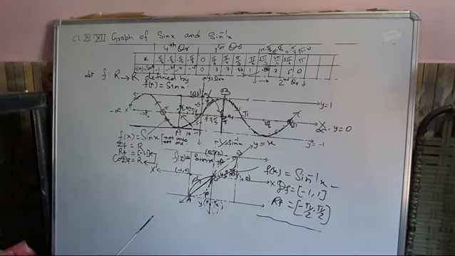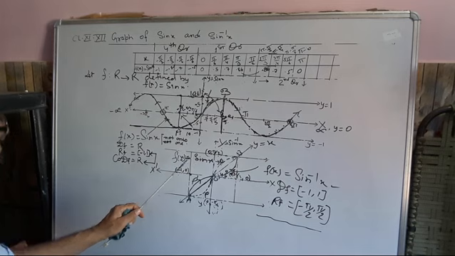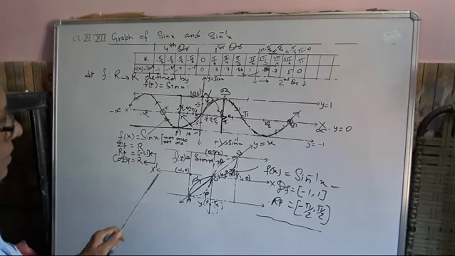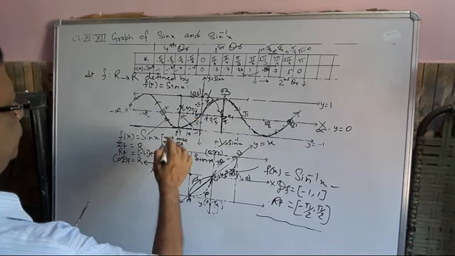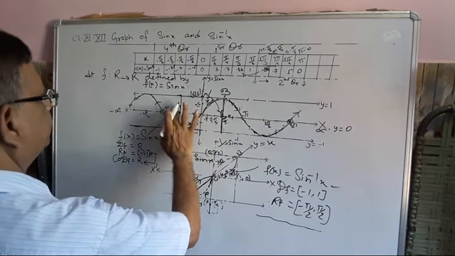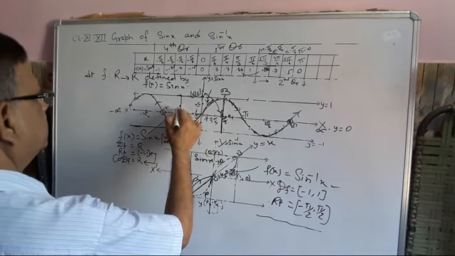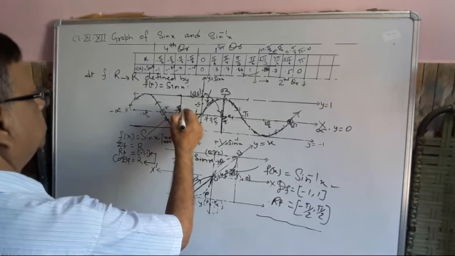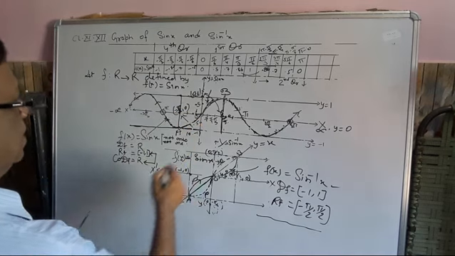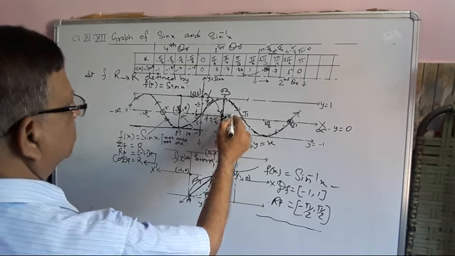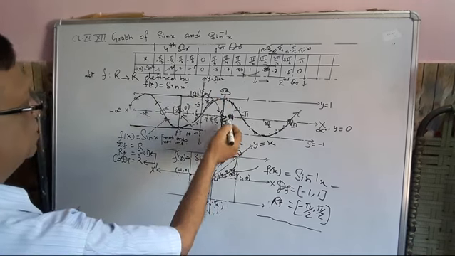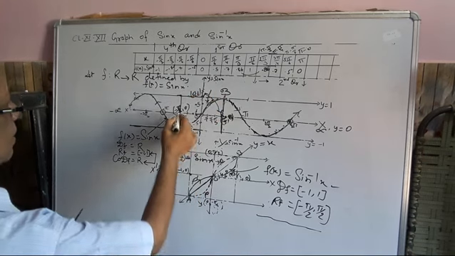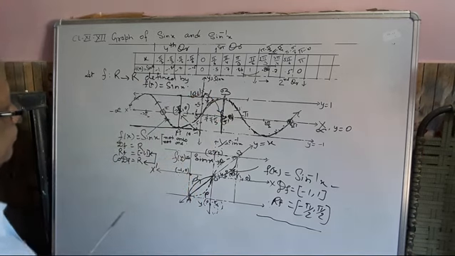Now here, not only the points but also the axes are interchanged. See here, it was minus π/2, here was minus π/2 comma 0, this point, and here was π/2 comma 0. So π/2 comma 0 interchanges with this one, and this interchanges with this one.